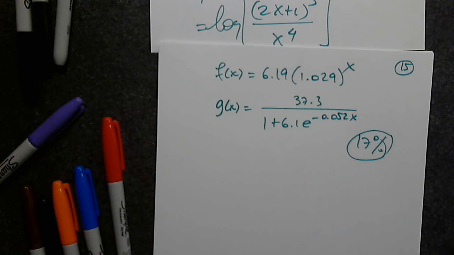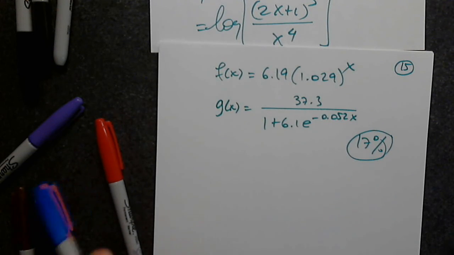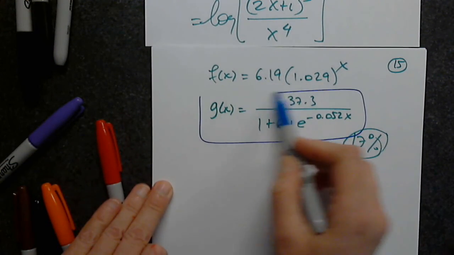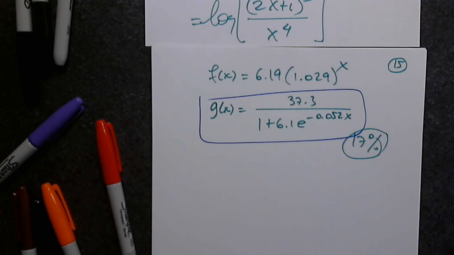So the first function gives me roughly 14.6, and the second function gives me roughly 16.3. Which one is closer to 17%? I know it's silly. Yes. So we prefer the logistic growth model for this situation, not the exponential. The logistic growth model. I know it's early to say that in a way. I don't consider it